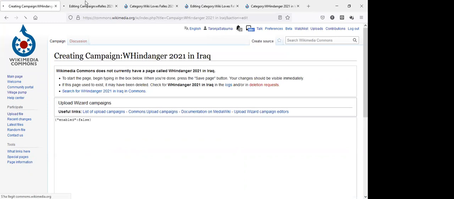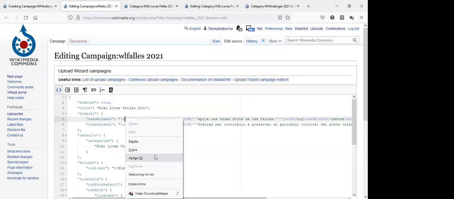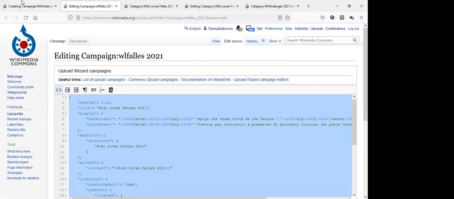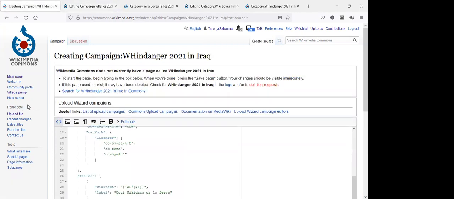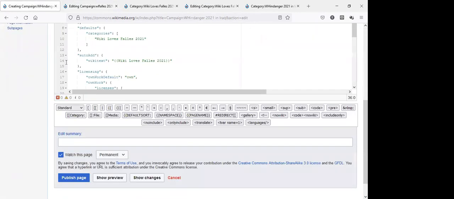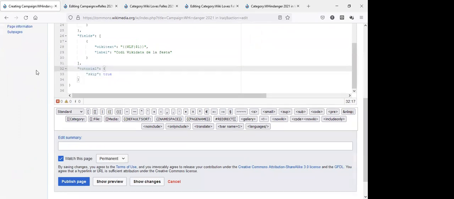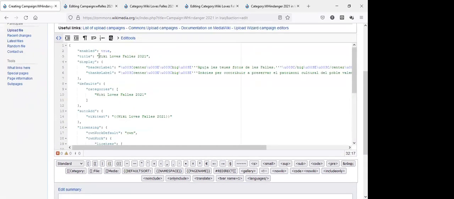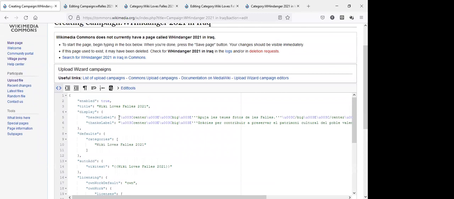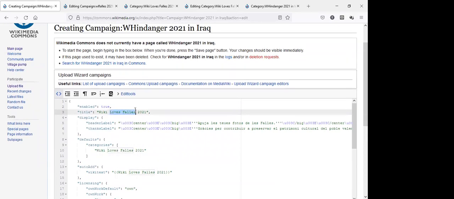So to create Wiki Heritage in Danger, what we are going to do is copy the text and paste it here. Tutorial skip, yes. Why? Because it's easier. Title: Wiki Heritage in Danger, Iraq, 2021. I won't be very complete here because I want to go fast. Header: